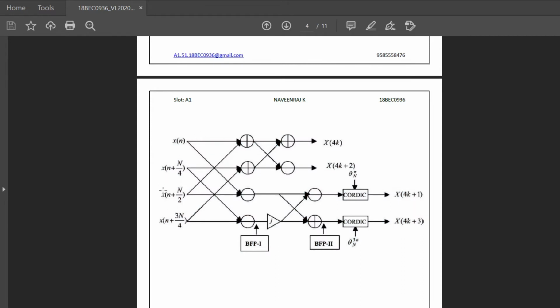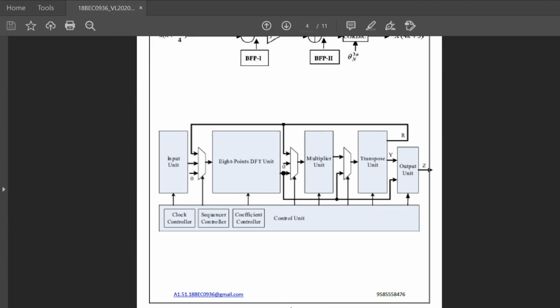X of n and x of n plus N by 4, and x of n plus 3N by 4, and we put it into this neuron, and we get some values: x of 4k, x of 4k plus 2, x of 4k plus 1, x of 4k plus 3. This is the architecture, and this architecture was drawn with